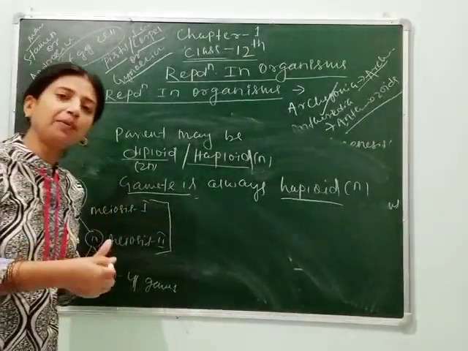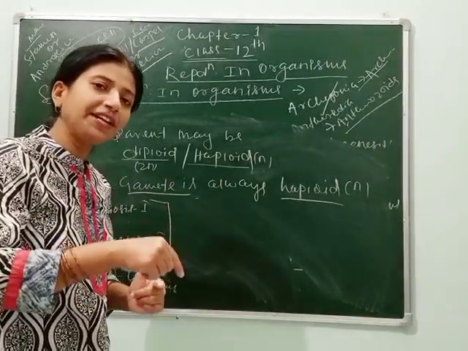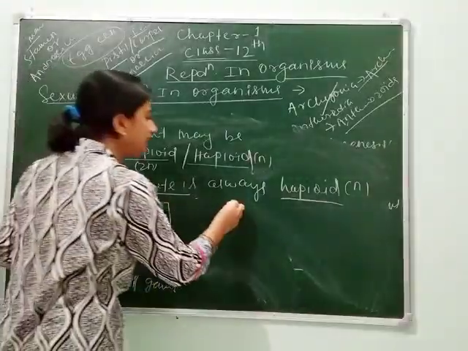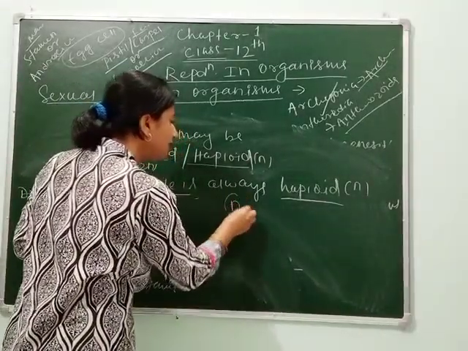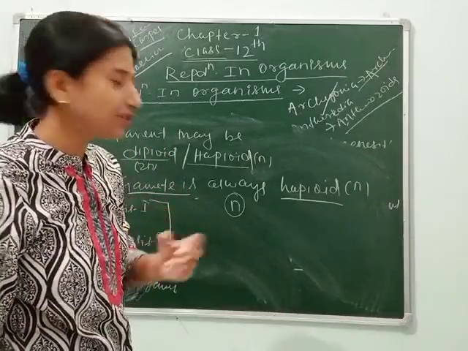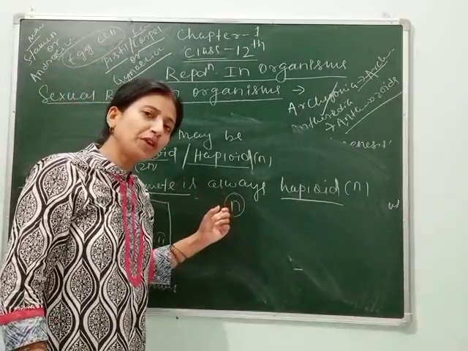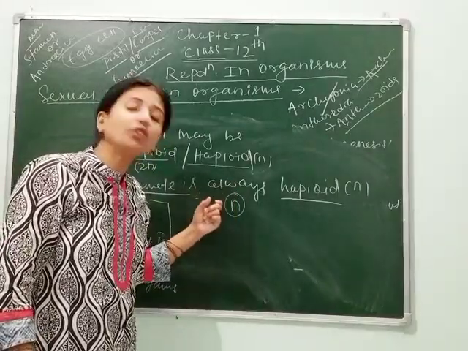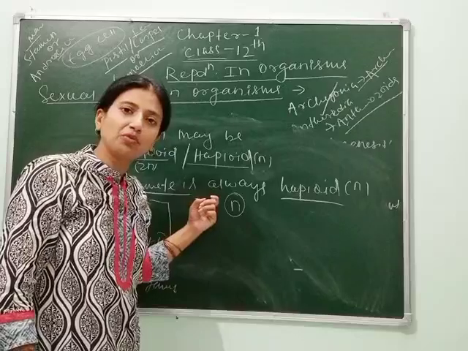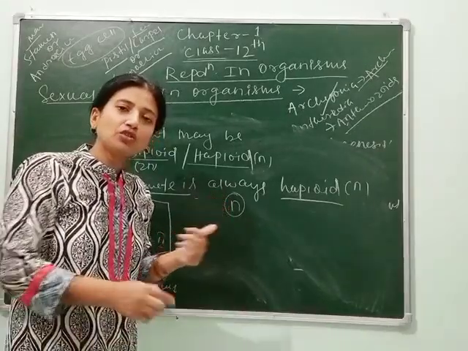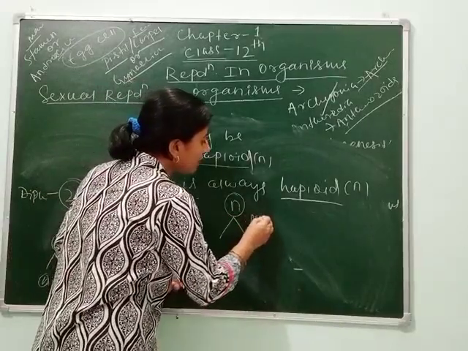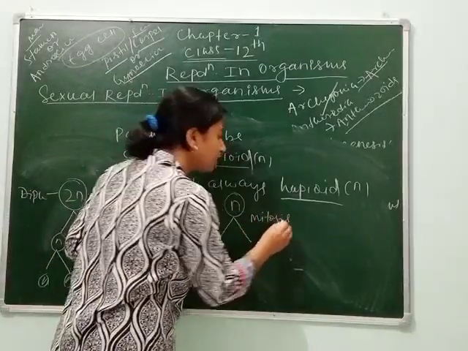Remember students, a diploid parent produces haploid gametes through which cell division? Through meiosis. Exactly. Let's see what happens in a haploid parent. This is a haploid parent, and as we know, the gamete is also haploid. So does the parent go through meiosis or mitosis? It will not go through meiosis, as it already contains half the number of chromosomes. Already it contains half, so how would it be reduced? So it will go through mitosis. Mitosis means equational division.